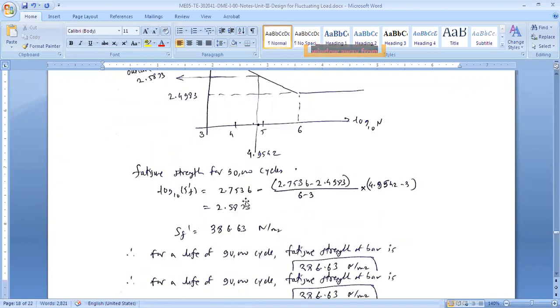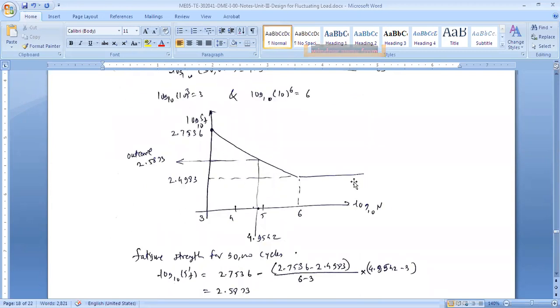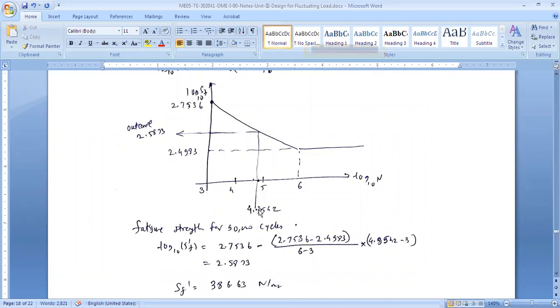Okay. So how will we proceed? We can draw a graph. We can find out an approximate value. But instead of that, an easier solution is finding out the exact value by using the slope method, right? So what is the slope? We know the slope of this graph, and multiplied by some distance, we'll calculate this point, right? How can we do that? Now we know this point. What is this point?